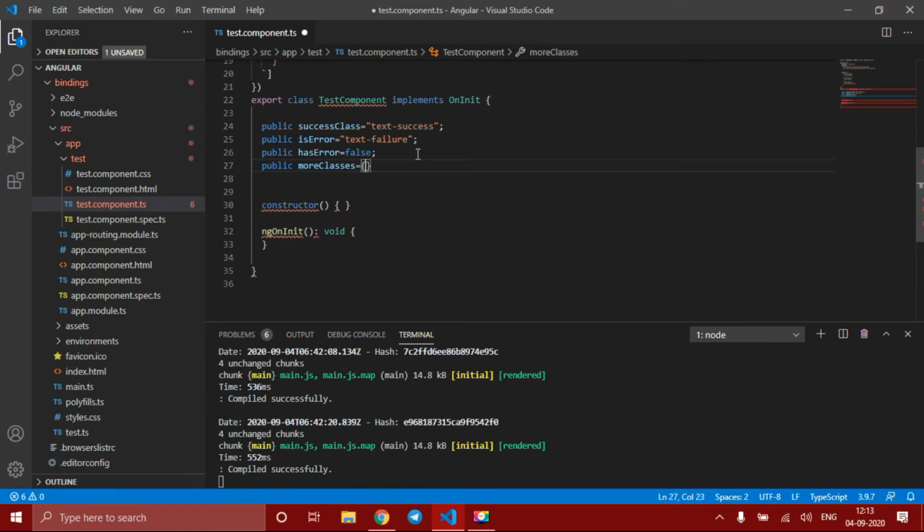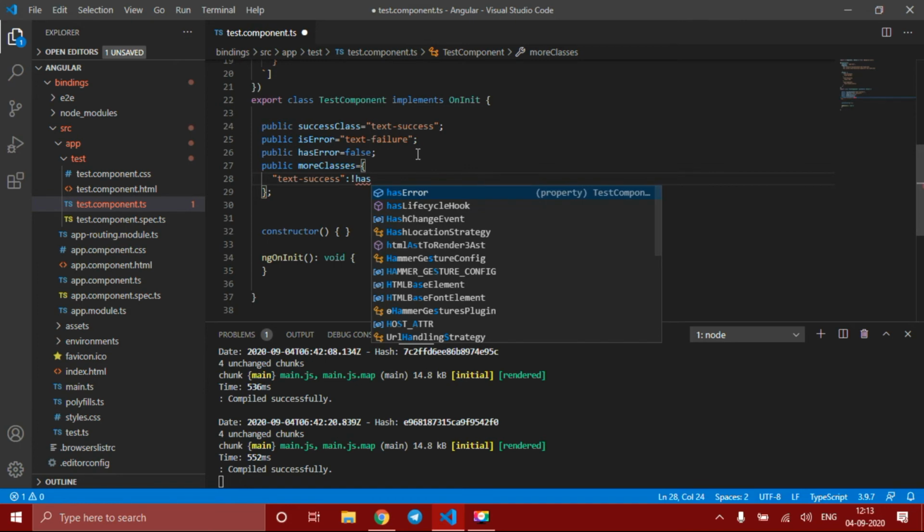I am creating a property named moreClasses, and in this you mention the classes: text-success, which should be applied when there is no error.